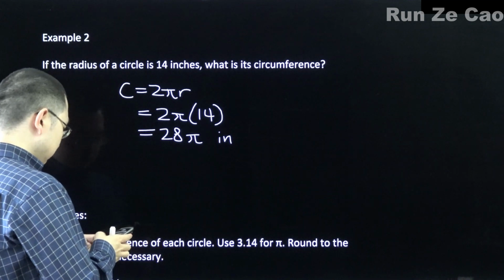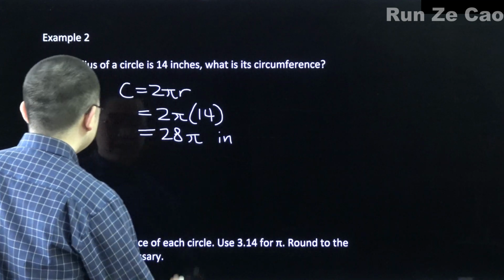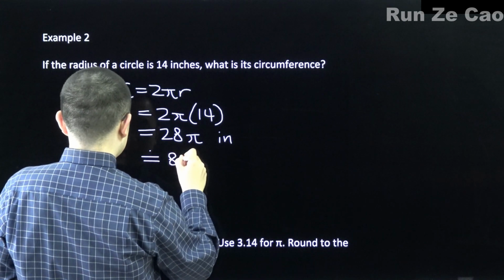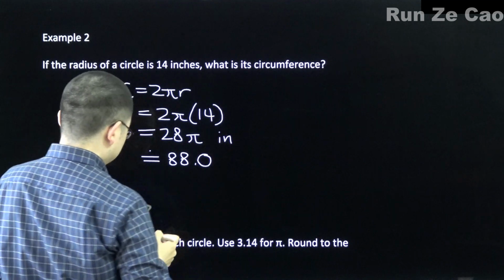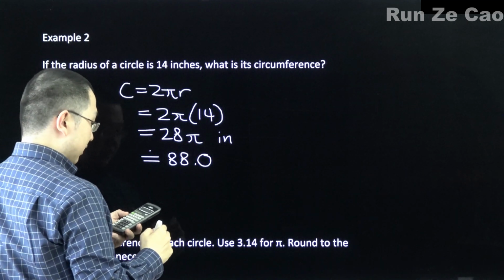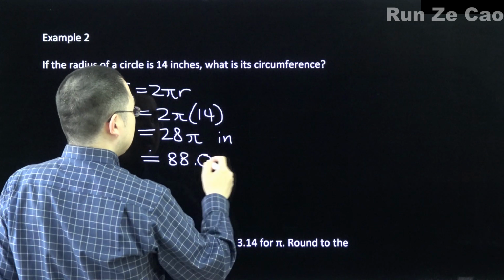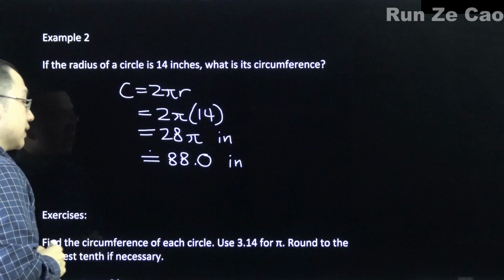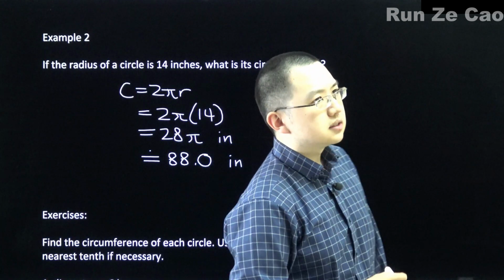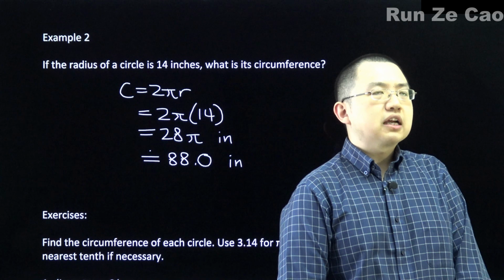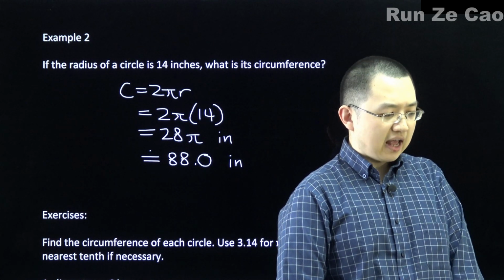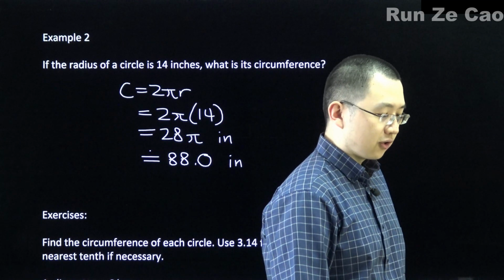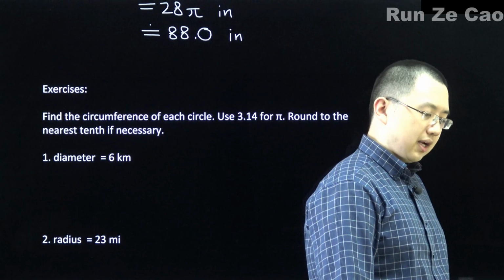Well, anyway, it comes out to approximately 88.0 because it rounds up from 87.9645, etc. inches. 88 inches. Huh. Actually, yeah, that's like a casket length. But hey, this is talking about the circumference of a circle. Anyway,